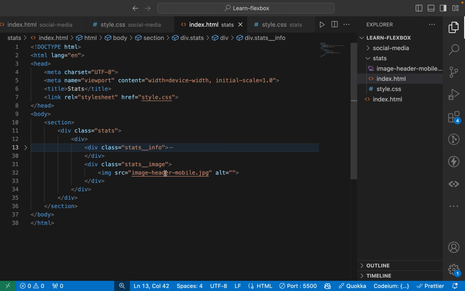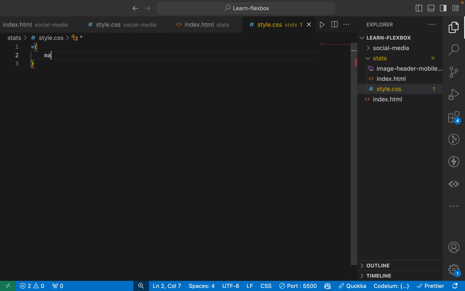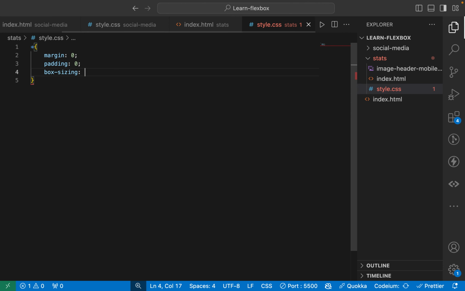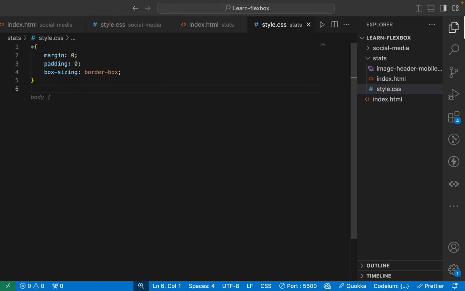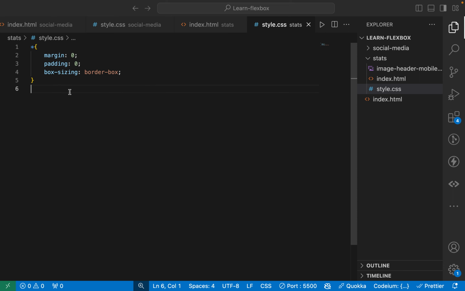So we're going to start with the CSS file now. Let's go to the CSS file. The first thing is to target everything like this. Margin 0, padding 0, box sizing border box. Alright, and so we need the body. We need a color for the body. This color. So we're going to do